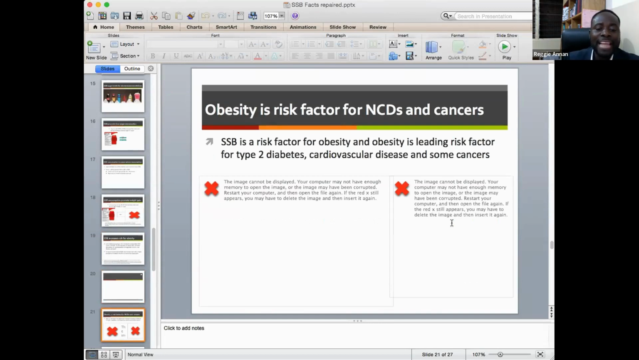And the reason why we are interested, and sorry because the pillars have vanished one way or the other, is that SSB is not only a risk factor for obesity, but obesity is the leading risk factor for type 2 diabetes, cardiovascular diseases, and some cancers. And that is shown